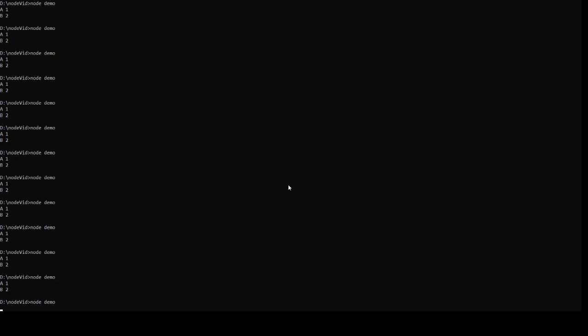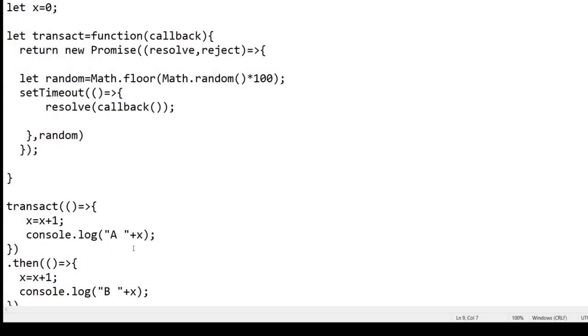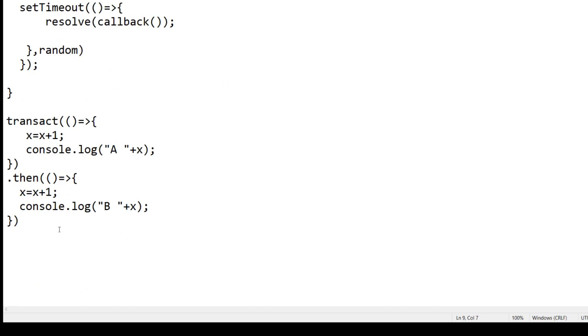So let's check the result. This is 1 and 2, 1 and 2, 1 and 2, 1 and 2, 1 and 2, 1 and 2. I think it works. If you look at this version of my earlier program, you will see we are using then. Suppose there were more transact calls, then we would have more thens right there. So this then type of code is actually not very soothing to the eyes, and not a very good approach to write promises, although it is a good approach in comparison to the callback calls, which ultimately lead to a problem called callback hell. But definitely, instead of using then so many times, we have a better approach than using promises directly, which is called Async-Await. So let's convert this code